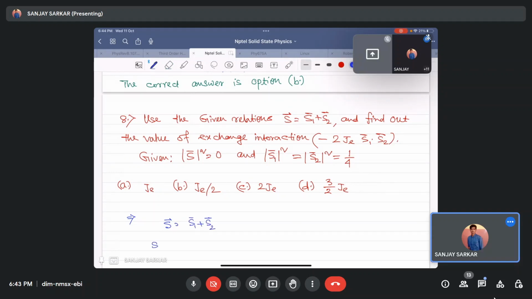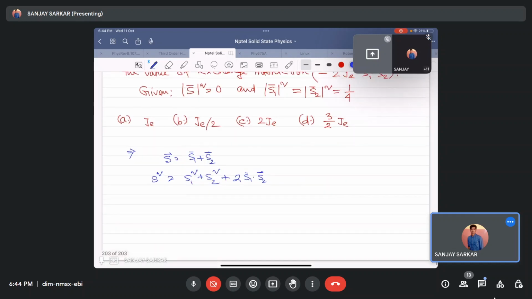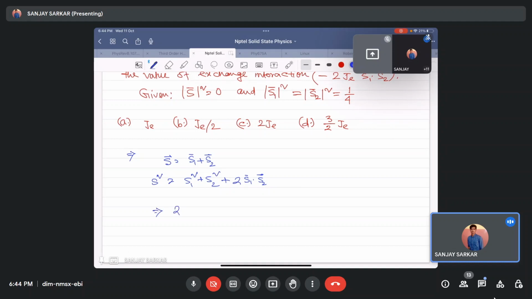Then what is S square? S square is S1 square plus S2 square plus 2 S1 dot S2, which implies that 2 S1 dot S2 equals S square minus S1 square plus S2 square. Now S square is 0 and S1 square and S2 square both are 1 by 4,